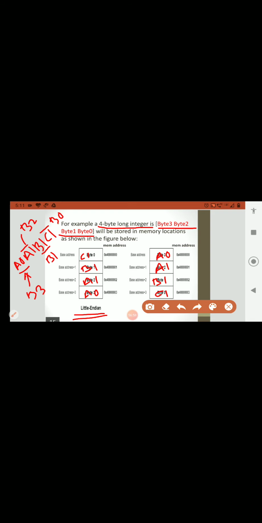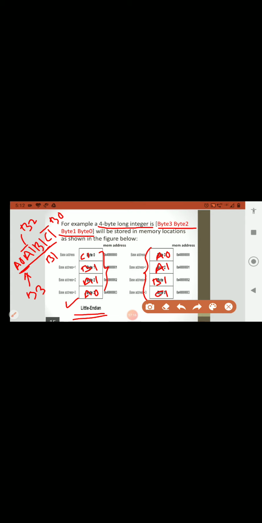So this is how the data will be stored. If you consider Little Endian, the 32-bit data will be stored in this way. If you consider Big Endian, the same 32-bit data will be stored in this manner.